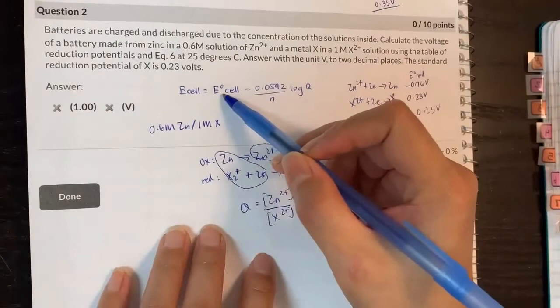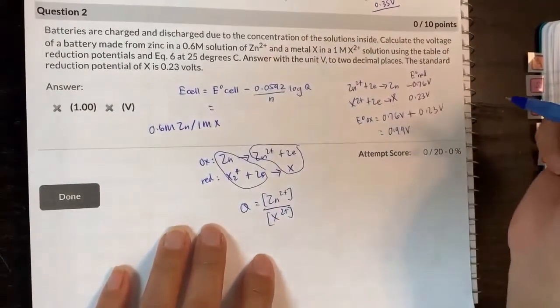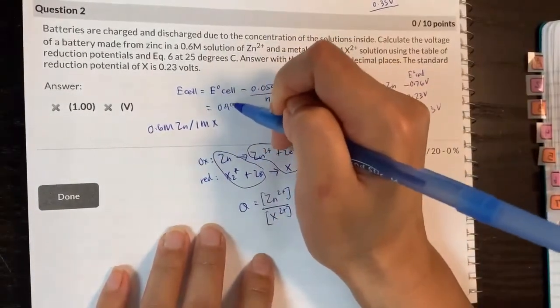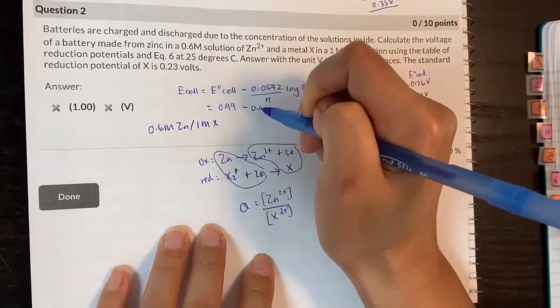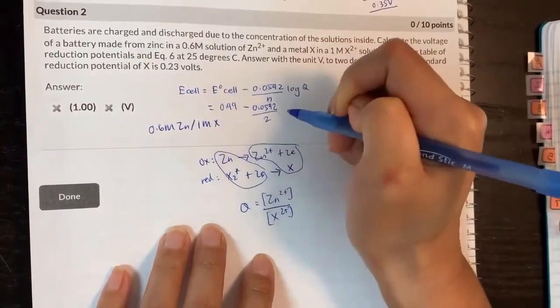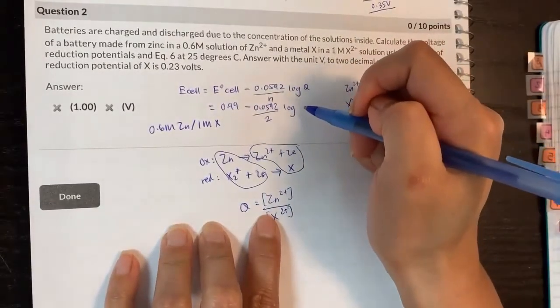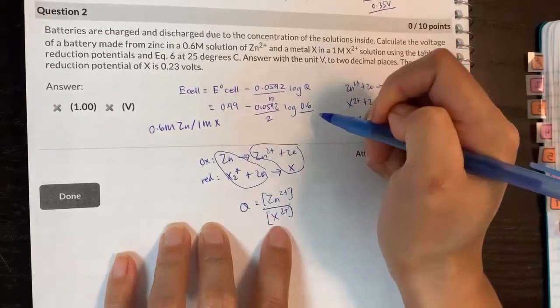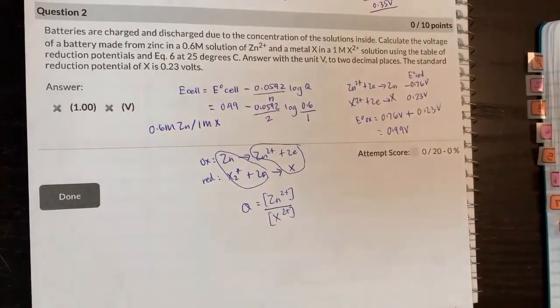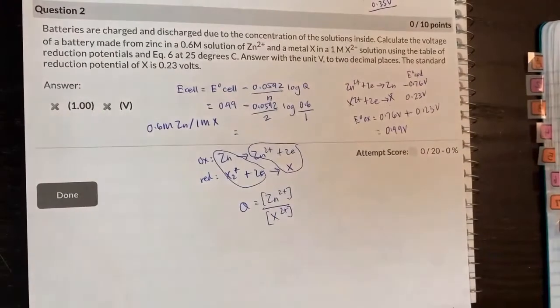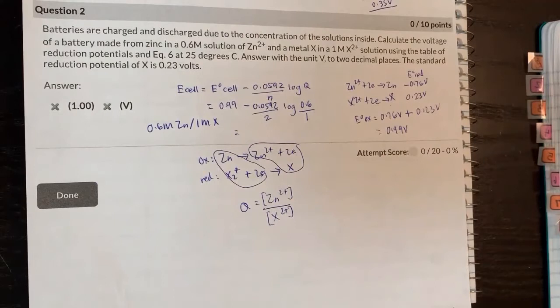Okay, so you would put in E cell equals E standard cell, which is 0.99, which is calculated, minus 0.0592 over 2 log of zinc, which is 0.6. X is 1. Okay, and that you should get your answer. So let's double check. 0.6 log of 0.6, and then times 0.0592 over 2, and then